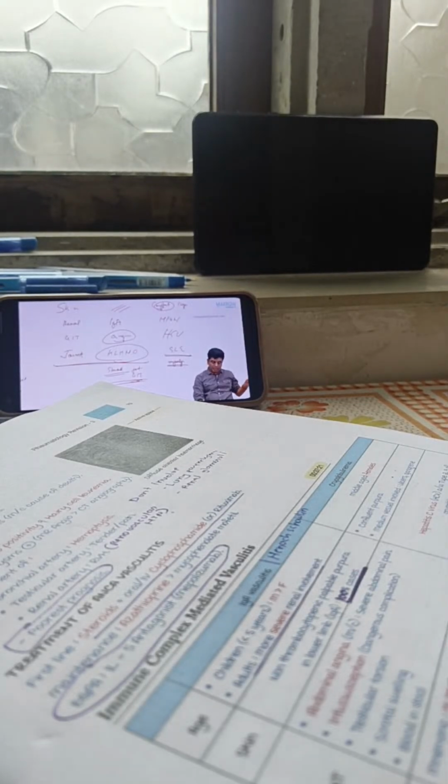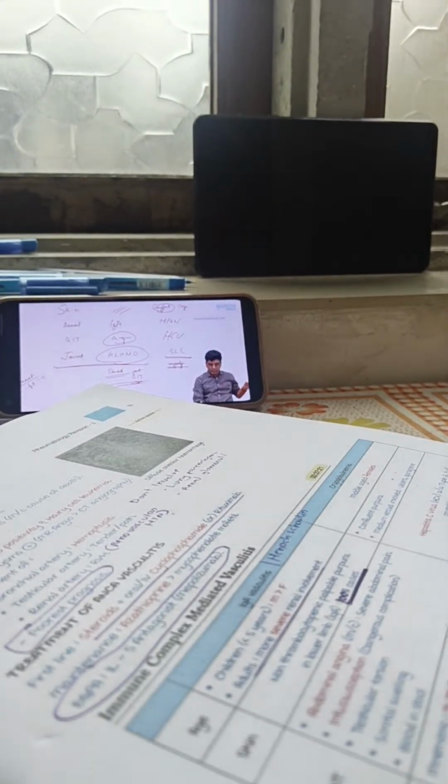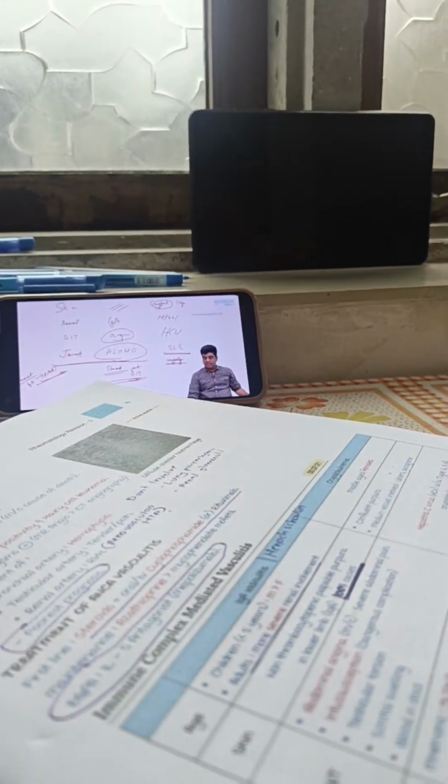Because in adults, what can happen is IgA nephropathy can go on to RPGN and resolution. So in adults, IgA nephropathy can go for RPGN. That is why it is bad. Otherwise, it's fine. Here you are trying to treat